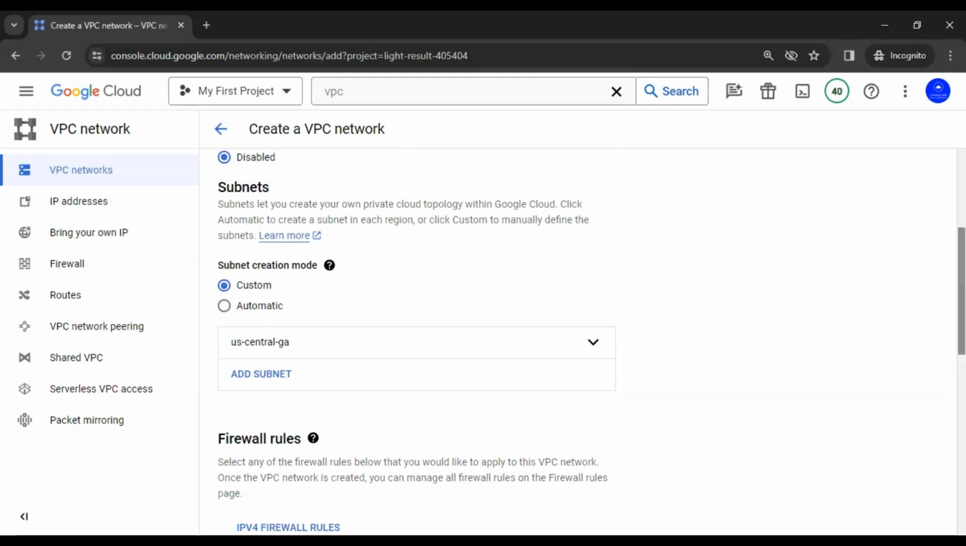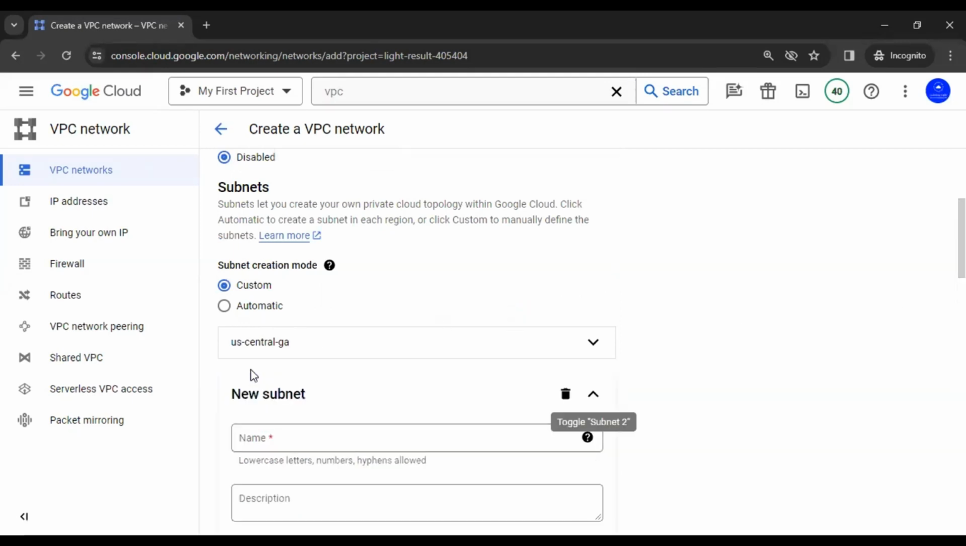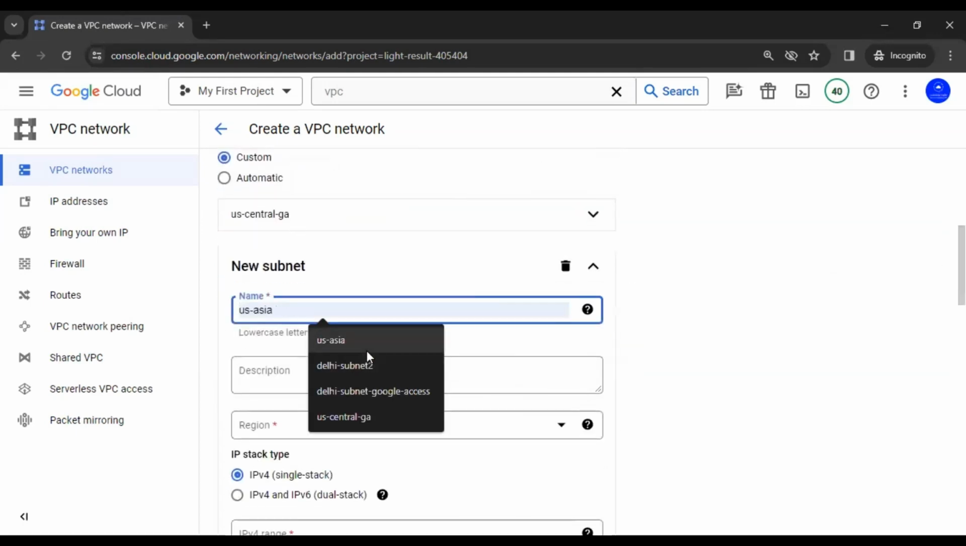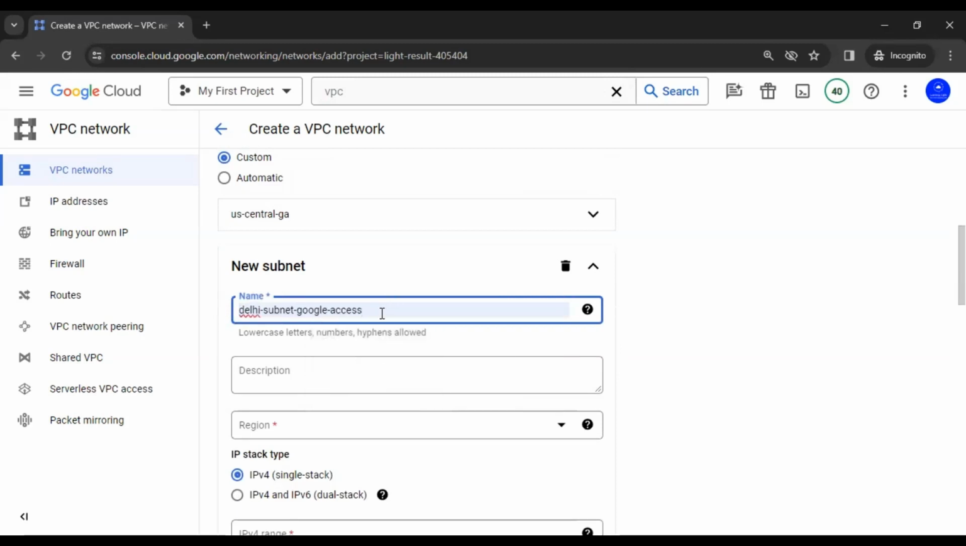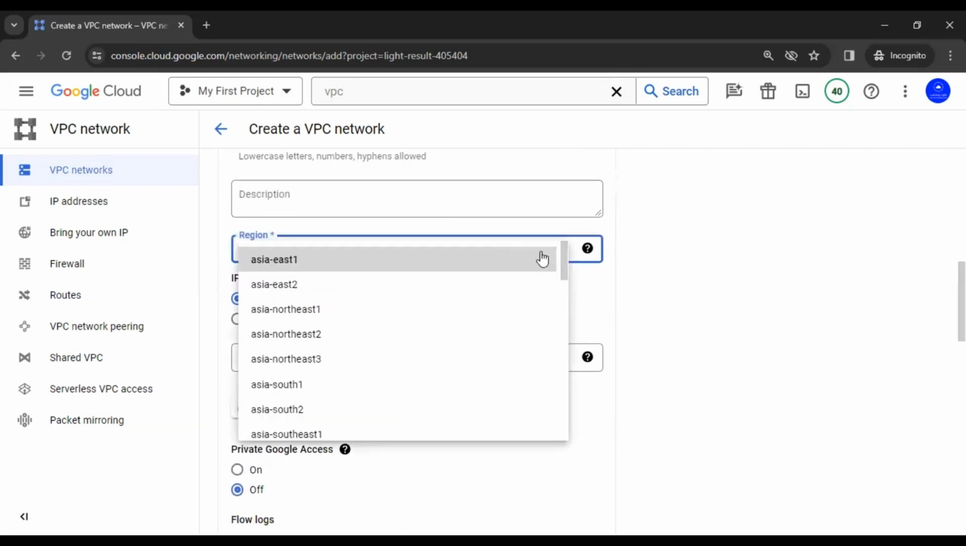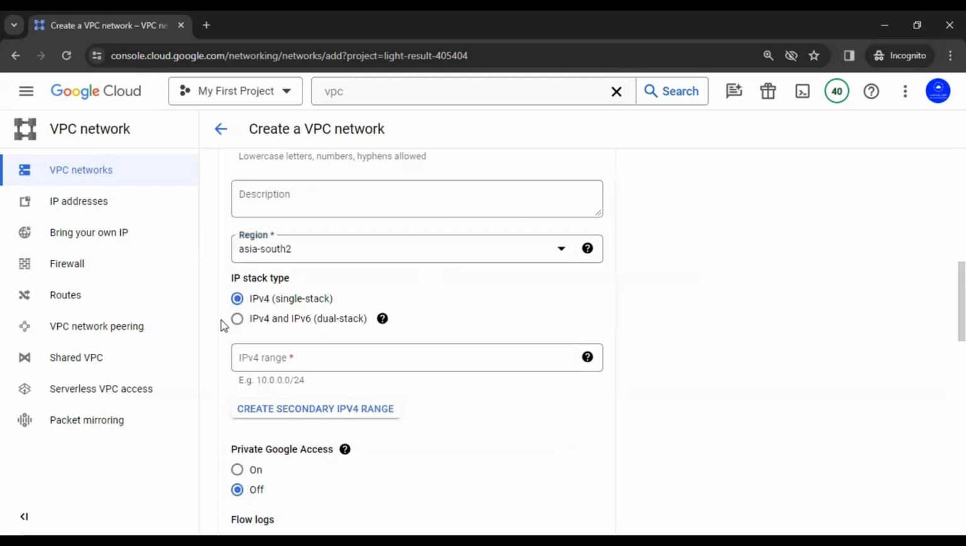Now, in this network, we're going to create another subnet. This is for Asia Delhi subnet. I don't want to provide this many. So if it is for Delhi, maybe you can say Asia South 2, which is the Delhi region, and